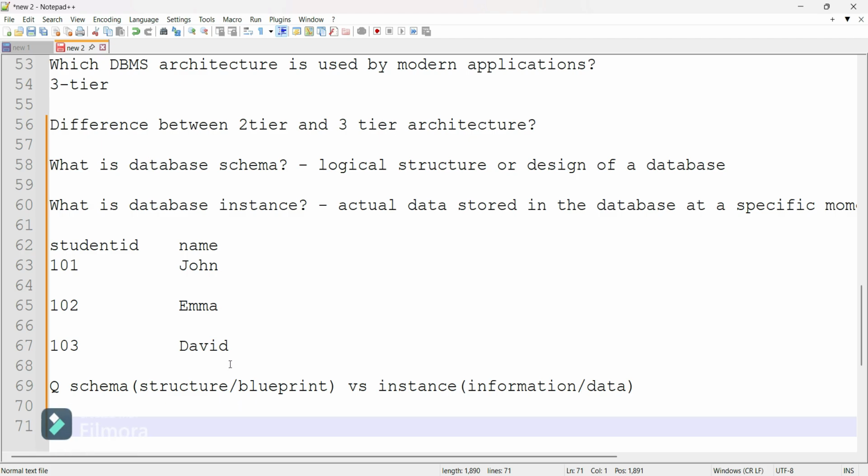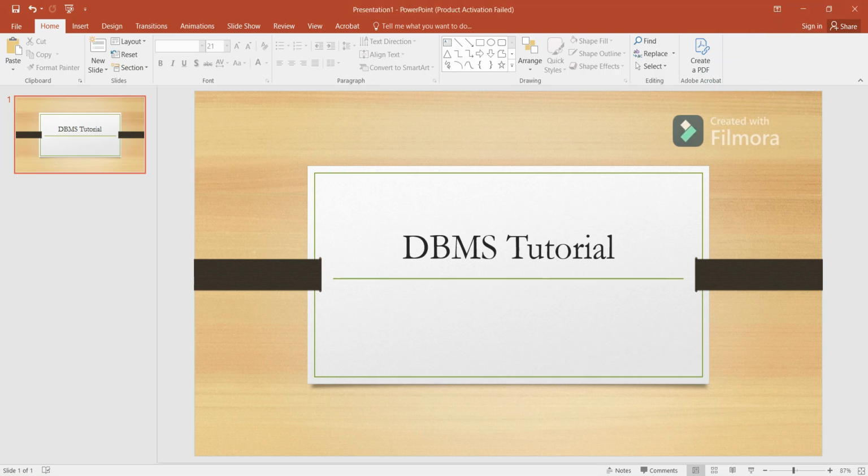And database instance is the actual data stored inside the database at a particular point in time. The third question is which changes more frequently. Database instance changes more frequently. We can insert, update, and delete anytime.